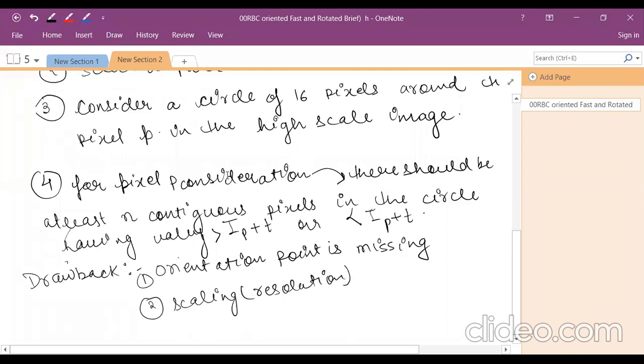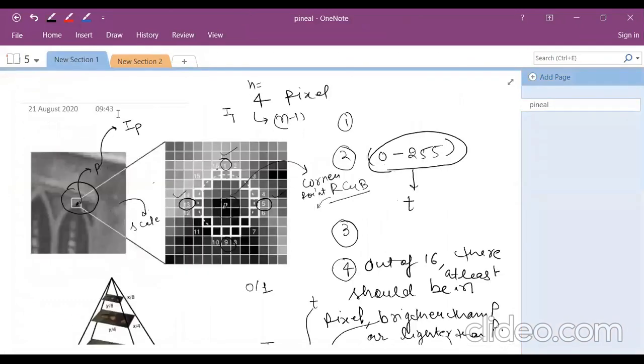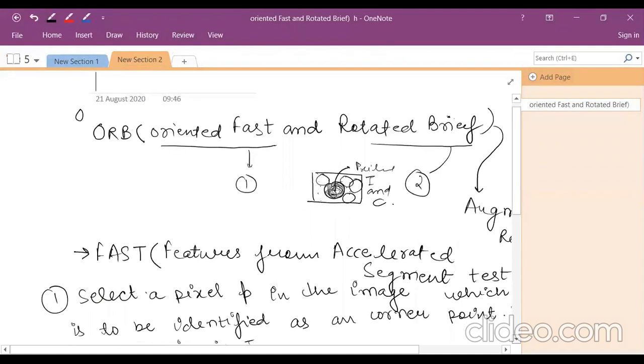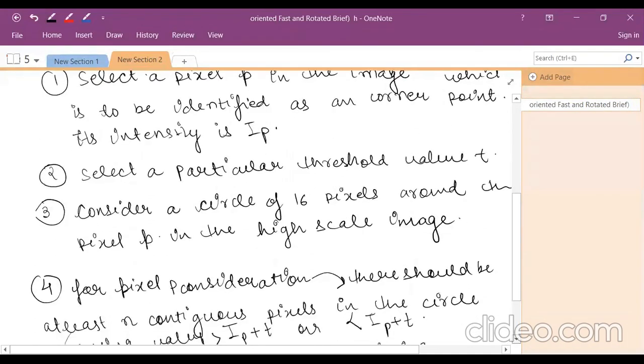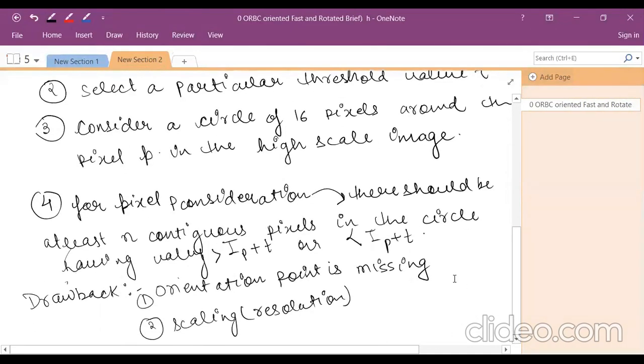At first it uses the scaling, but it is not using the scaling for all of the repeated procedure. It can use just one scaling parameter and it has to put the results. So that is one of the drawbacks of the fast algorithm. So scaling resolution is missing there.